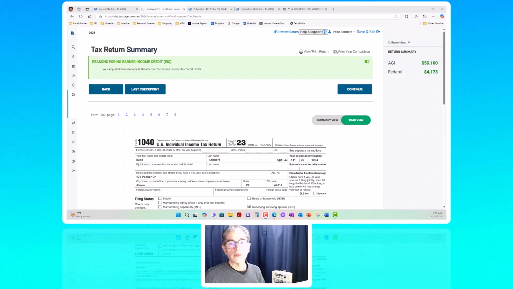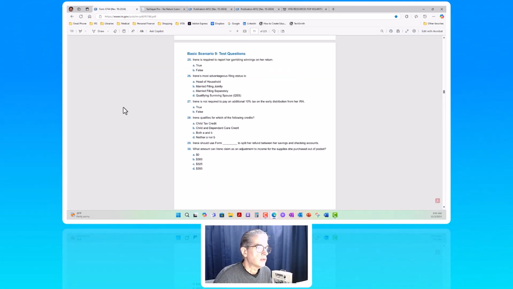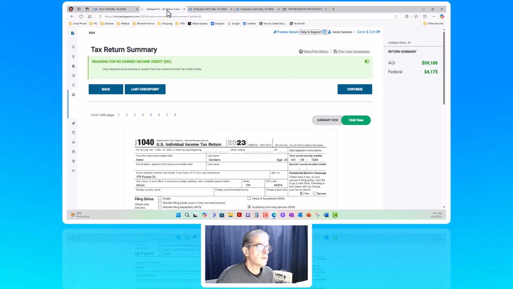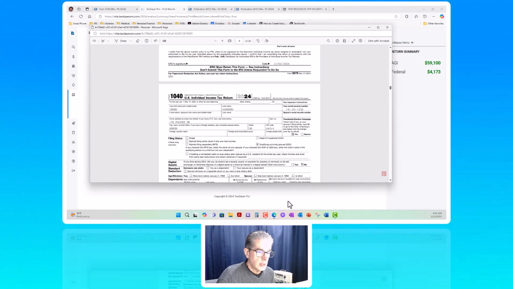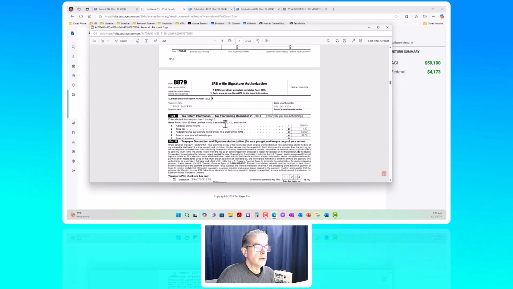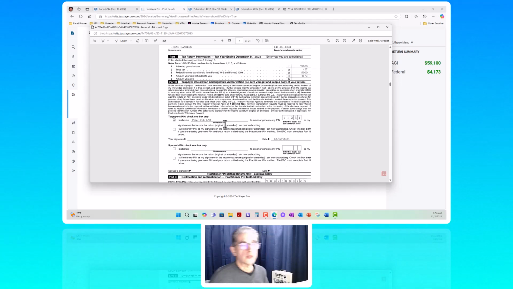Okay, so that's everything we need to enter for this return. The last thing you'll need to do is answer the questions at the end, questions 25 through 30. In order to do that, you'll need to print the PDF of the return. So if you go to the tax return summary and click View Print Return at the top, it will generate a PDF of the tax return. And when that comes up on the screen, you can just scroll through it to find the answers to the questions. But before you submit those answers on Lincoln Learn, I would head over to